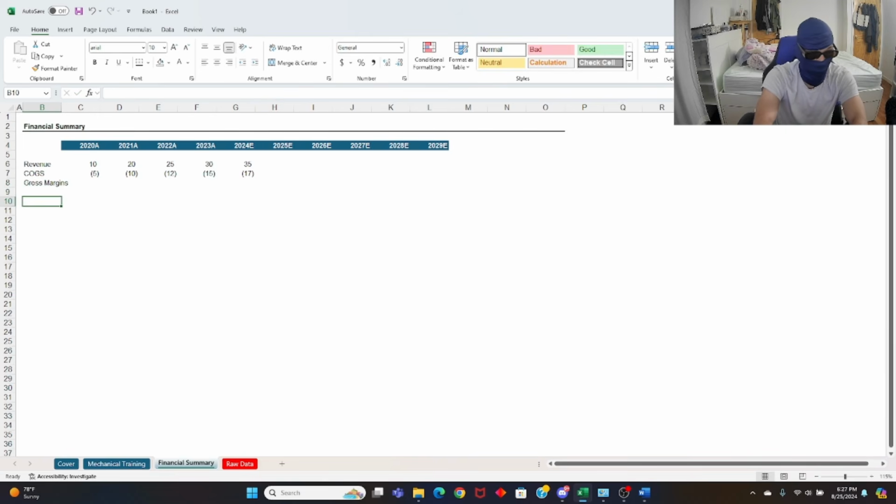Gross margins. Sorry, gross profit. And it'd be equals revenue plus your COGS. And now it's a formula, right? You're going to copy, paste over. And now, because it's a formula and there's a summation going on, and it's creating your gross profit, you want to make it known. So you're going to highlight.